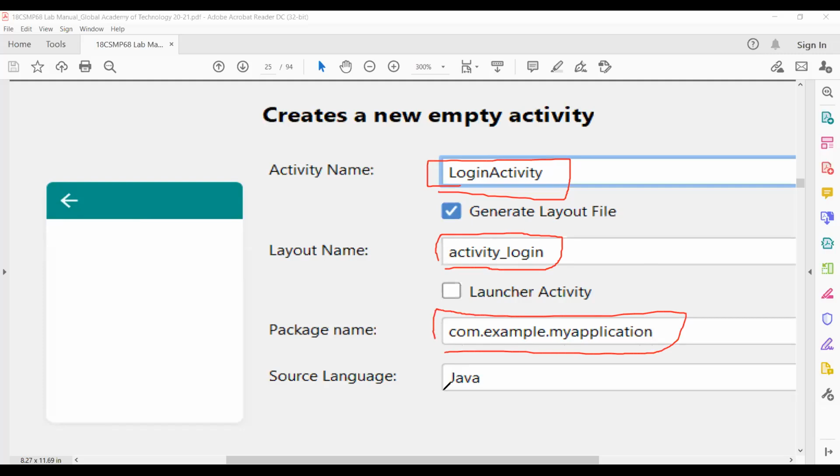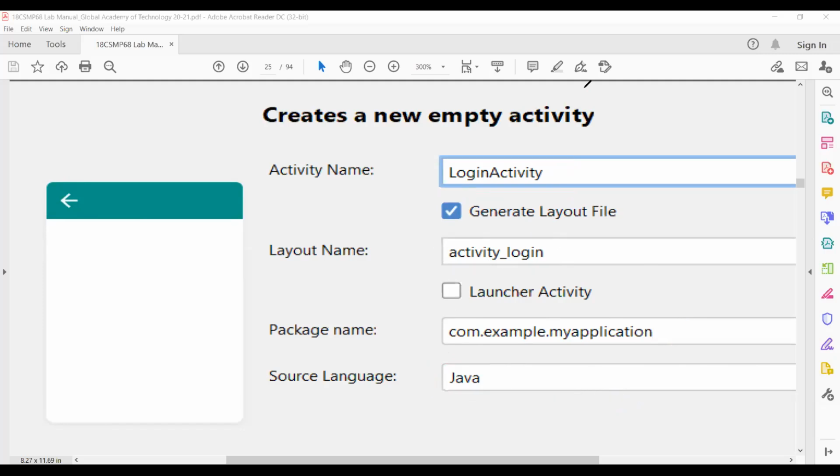Here I'm going to use a language called Java. There's one more language apart from Java, which is Kotlin, but we are not using Kotlin. Using Kotlin also we can make our application dynamic, but here we are picking Java as our language. If you want to use Kotlin, you can, but right now, with respect to our lab programs, we are going to use Java.